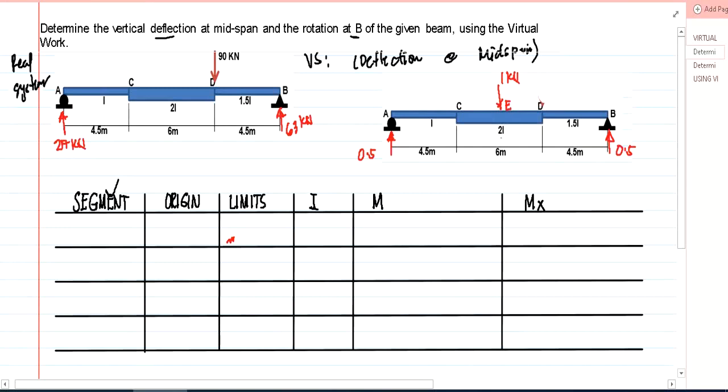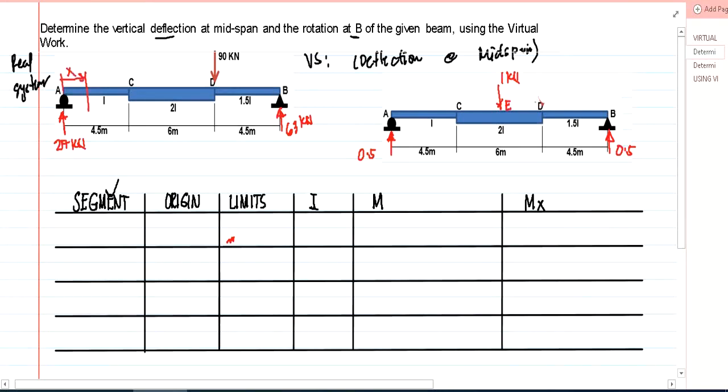Kahit parehas yung I niya, yung CE tsaka ED, magka-cut ka dyan because we have a change due to unit load. Meron tayong change sa CE and ED. Okay? So meron kang isang cutting dito. And then of course, yung sa may segment DB since magkaiba yung I natin. Okay? So magiging 4 na yung segment natin. Okay? So pagka nag-segment tayo,